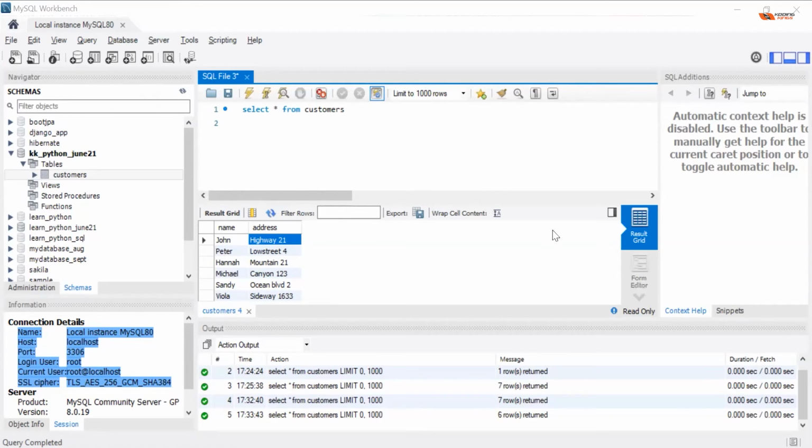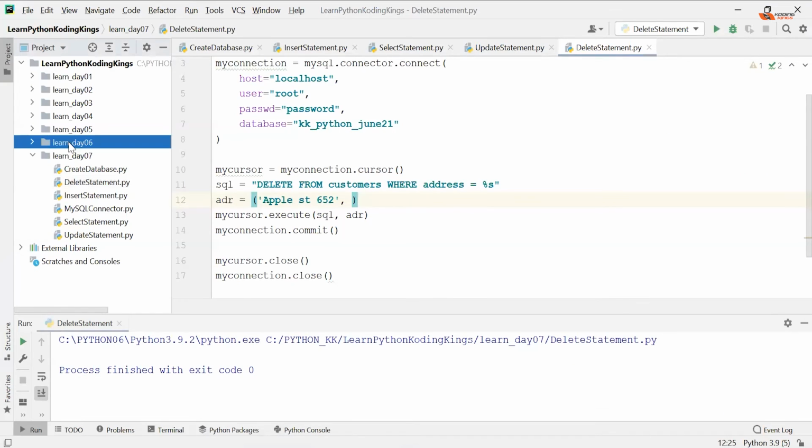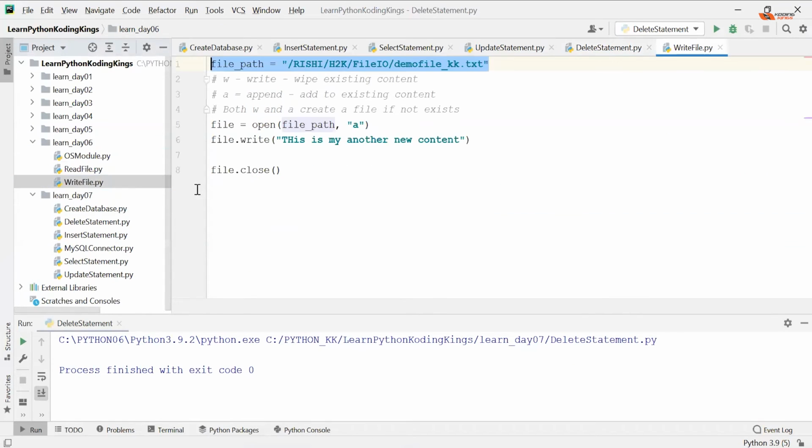How to save CSV or Excel file in Python? That will be a file creation. Excel file is out of scope. Excel is a different story. CSV file you can. CSV file is just comma separated values. You can save it with the same format which I told you yesterday. Write a file, just use commas. We are done.